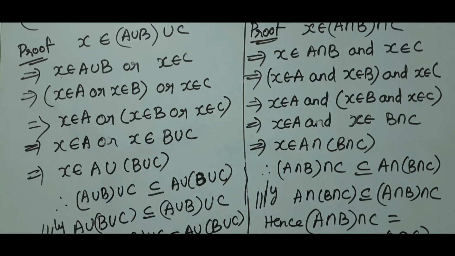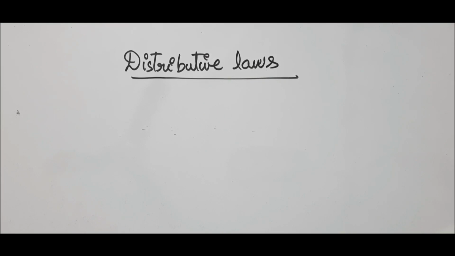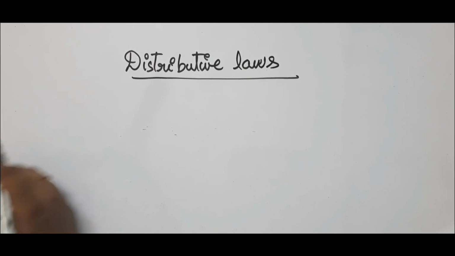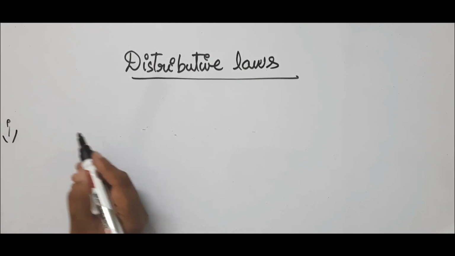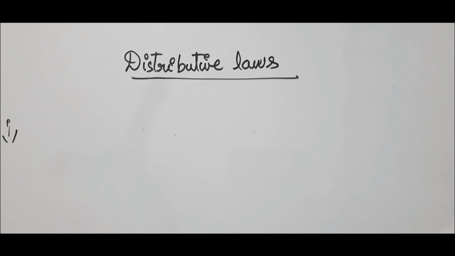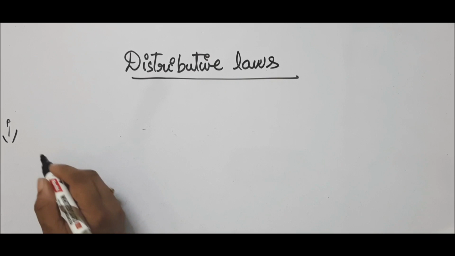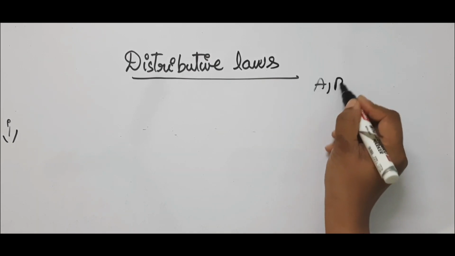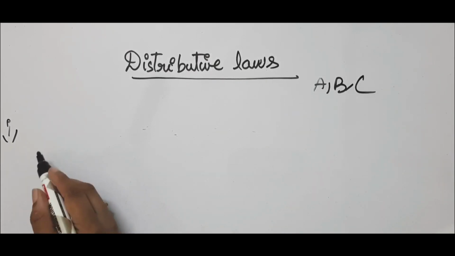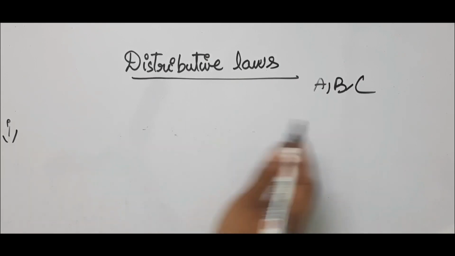Now let us go to distributive laws. In commutative and associative properties, we have studied the laws regarding union and intersection. Is it not? Now let us go into the distributive laws. In distributive law, let us see the first law, that is how to distribute the union over the intersection first. Then let us go into the intersection, how to distribute the intersection over the union of two sets. Okay. So let A, B, C be three sets. Let us study distributive law on these three sets.